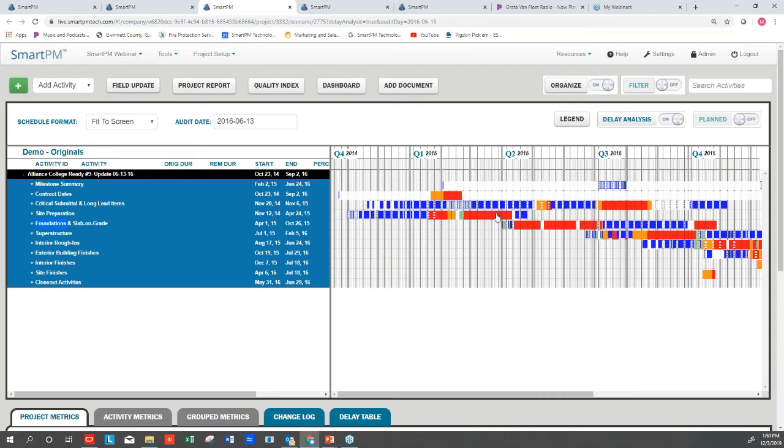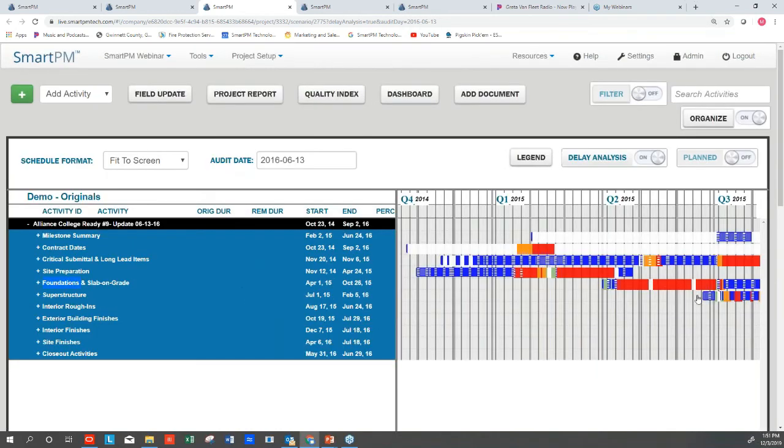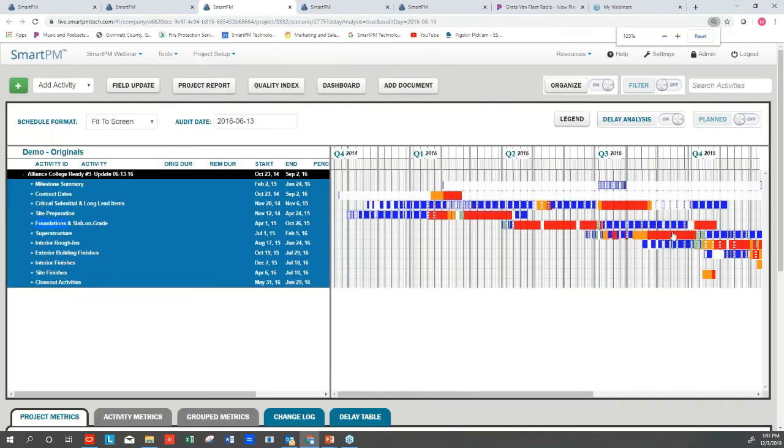We all know that when you're coming out of the ground, there's really nothing that can delay a job too much unless you have a bunch of procurement activities that are significantly delayed. But normally it comes through the site work, and then it gets into the structure, which we see right here as well. We see that the foundations and the slab on grade is really the next critical path, and then it moves into